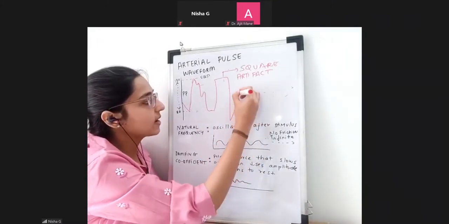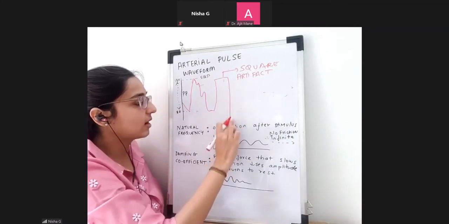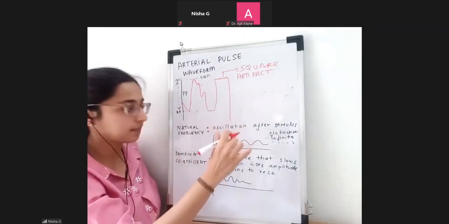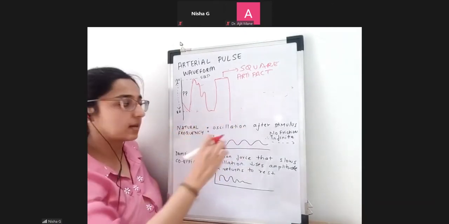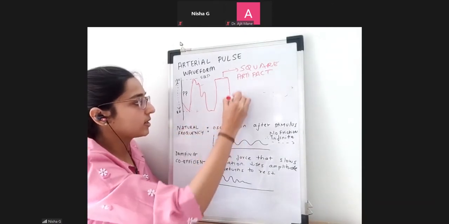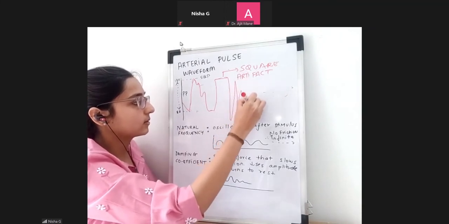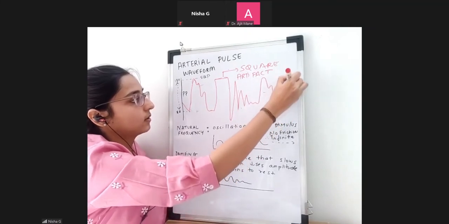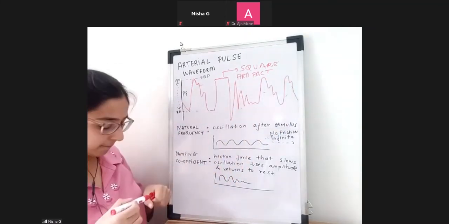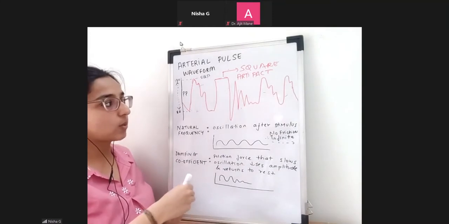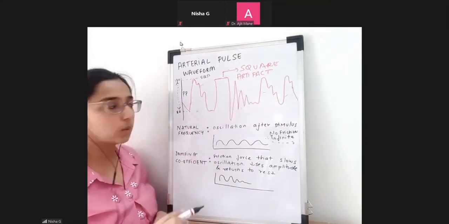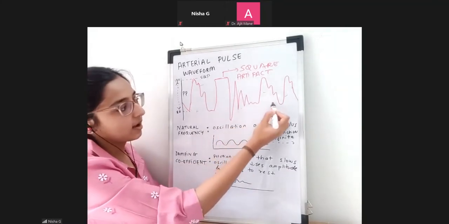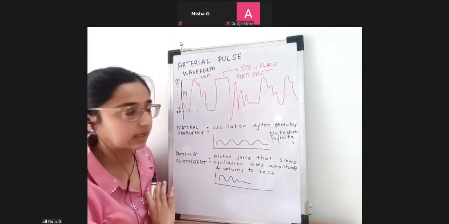Then you will have some number of oscillations. Okay, so after this, this artifact means what? This is the phase during which the NS is going very fast. Then the system will try to stabilize, right? So there are going to be some oscillations like this. And then it will again come back, and you'll get the arterial readings again. So what I've drawn over here: there is a square wave artifact which has happened, there are some number of oscillations which have occurred, and then I've started getting the arterial BP reading again.